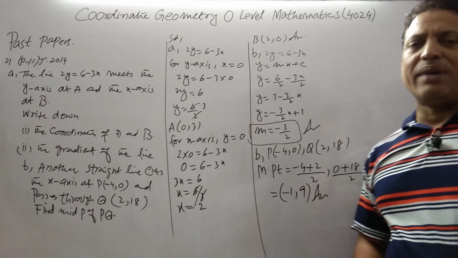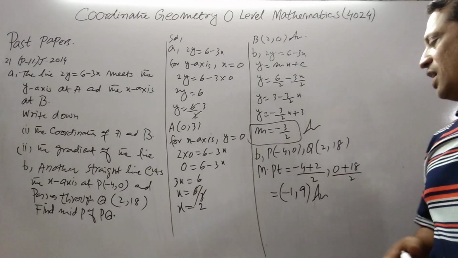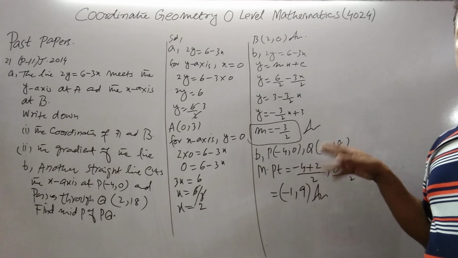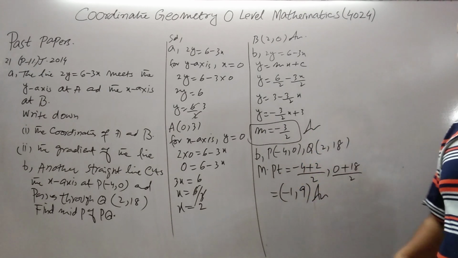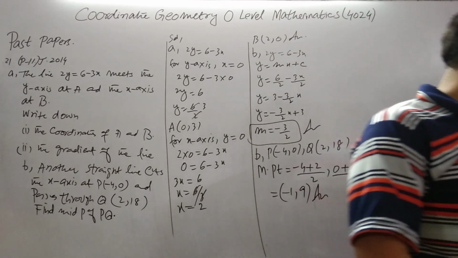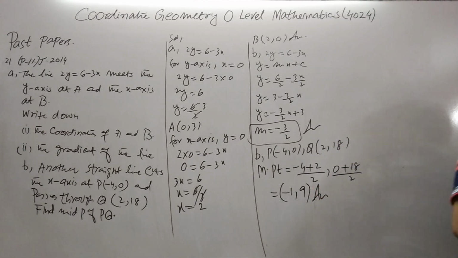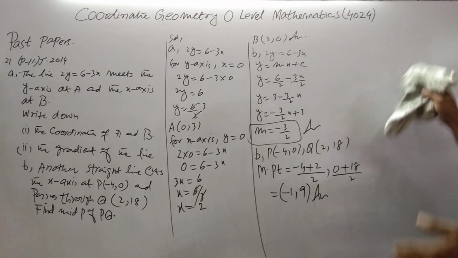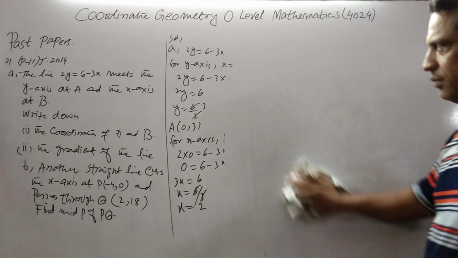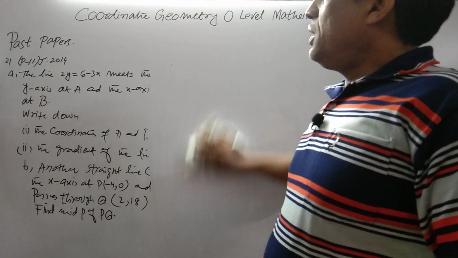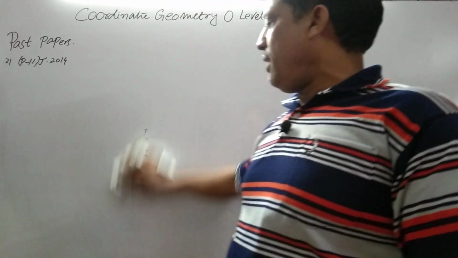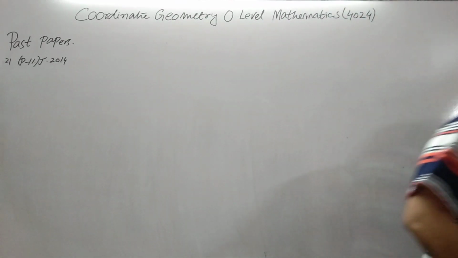Now I am increasing my speed. I am increasing my mental calculation. I don't show minus 4 plus 2 is minus 2, then minus 2 upon 2 is minus 1, but you must show it in your exam. Okay? See next question. I hope you completely understand this question number 21. This is from paper 1-1, June 2014.